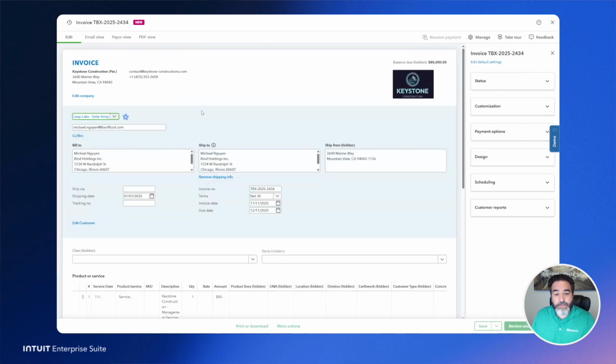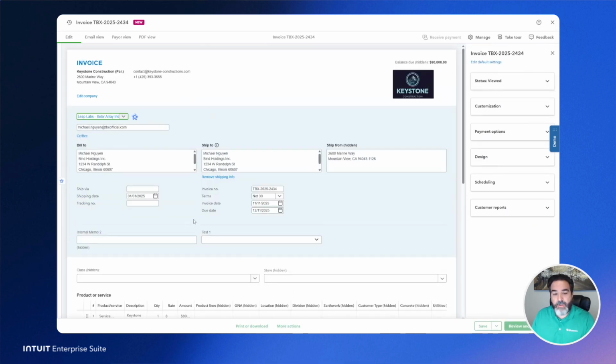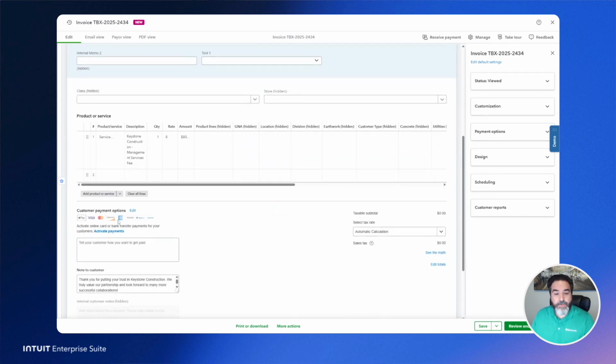One of the nice things that we do when it comes to invoicing with this product is we give you the ability, as you're creating the invoice and sending it out to your customer, you'll notice down here at the bottom, when that invoice gets to your customer, several options will pop up for them: using a credit card. A lot of businesses have an Amex. They love those rewards points. If they have a certain purchasing card, we support most major credit cards,